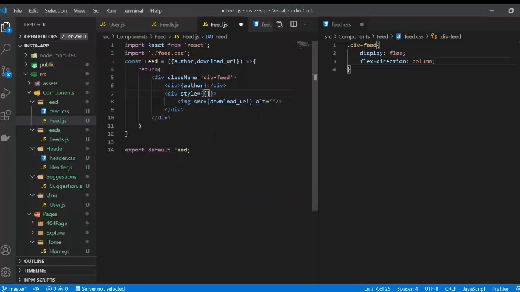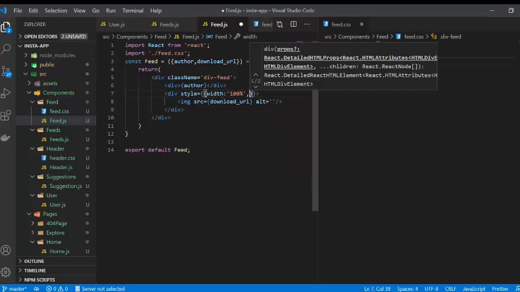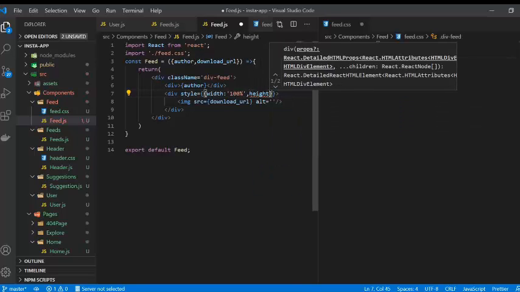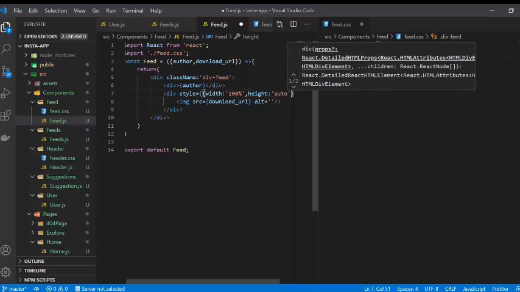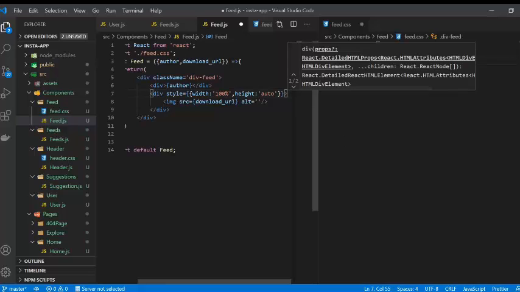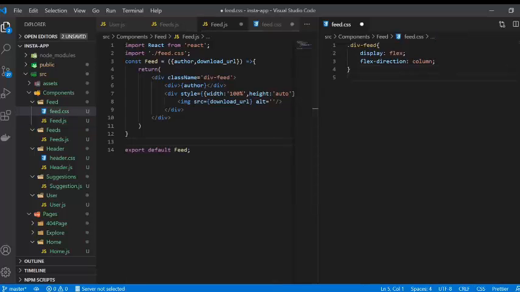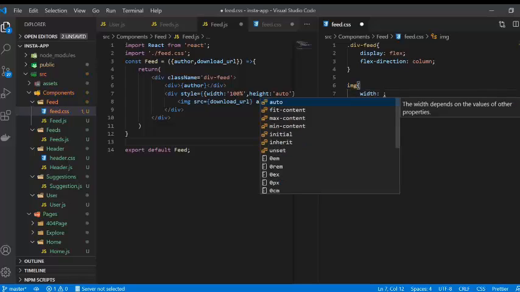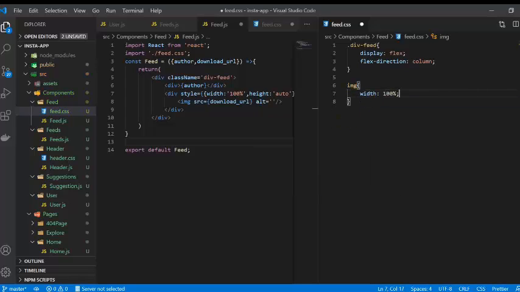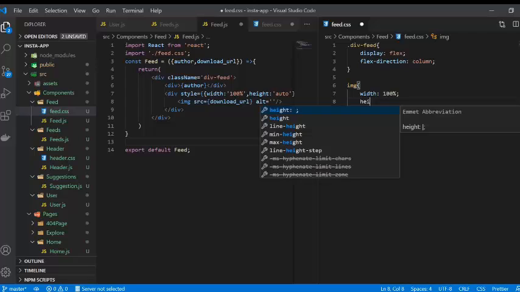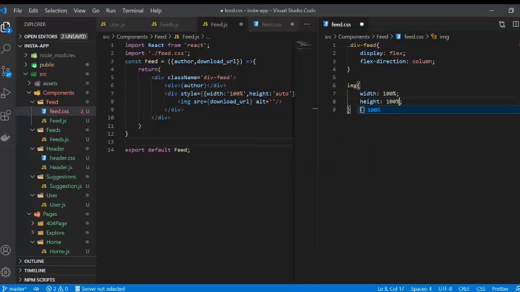So in here the styling should be width of 100% and height to be auto, and in here you can give the image tag to be width of 100% and height to be 100%,